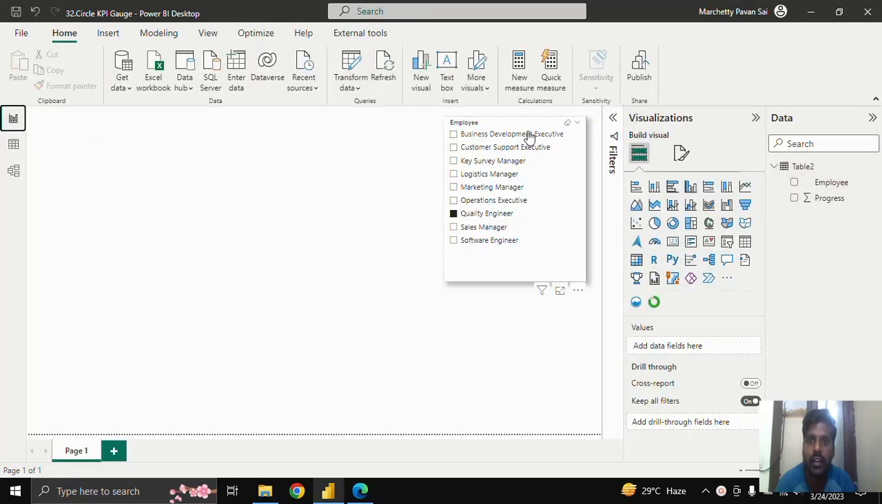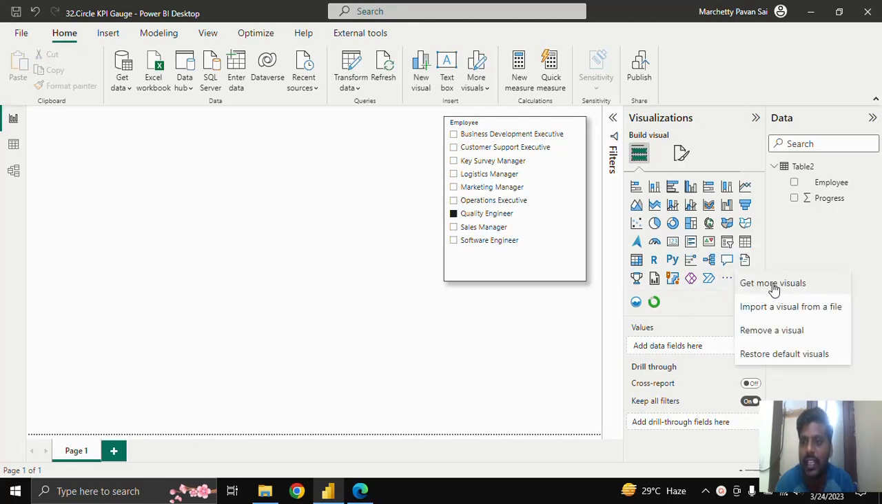Here I have a slicer which is employee. I have brought my custom visual which is Circle KPI Gauge by selecting the get more visuals in marketplace. I have added the visual. Once I select this